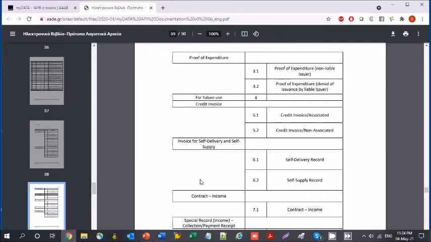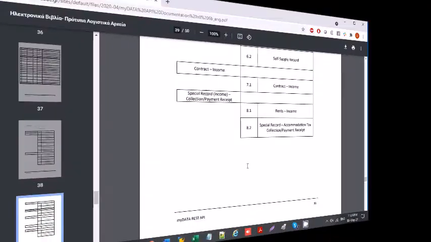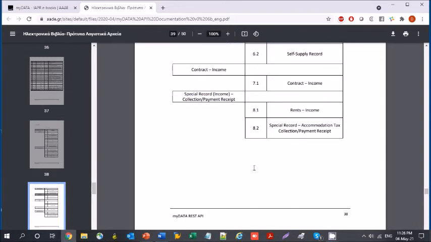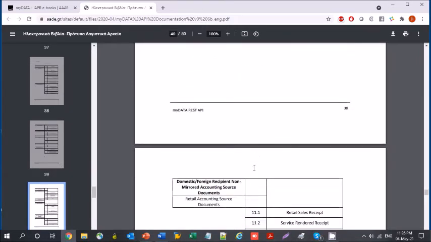The MyData document types starting from 6 are self-delivery or own consumption invoices that have to be issued from the company at least at cost amount in order to give the relevant VAT to the tax authorities. These SAP documents are posted in SAP either from FI or from SD using cash sales debiting a cash account instead of a customer. The MyData document types starting from 7 are sales contracts, the ones starting from 8 are sales rentals, and the ones starting from 9 and 10 are delivery notes.